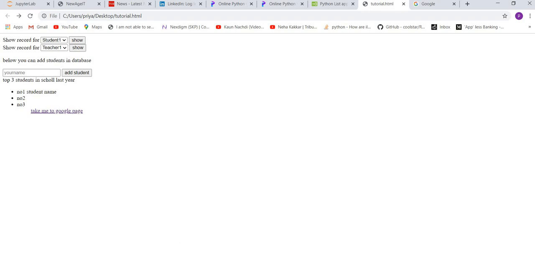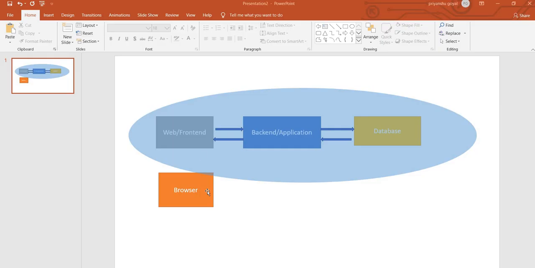But in a real case scenario, what will happen? The front end will make a request to the backend application asking it to send across a list of students. The backend application would fetch it from the database and supply it back to the front end. That is what we are testing when it comes to the front end.